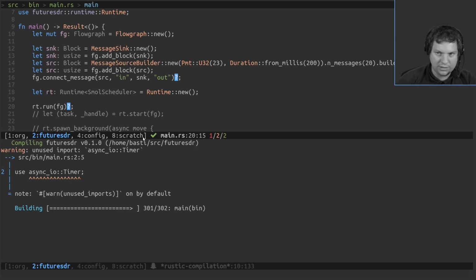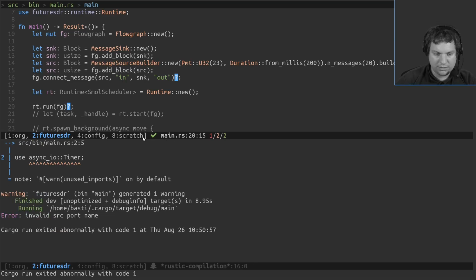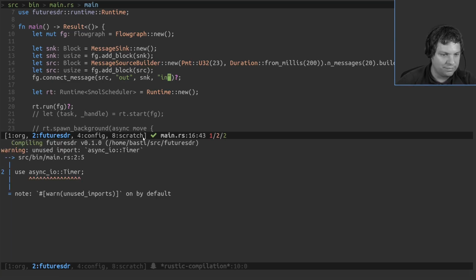Okay, we don't use this. Did I now get it right? Source, out, sync in. Makes a bit more sense if we call it like this.